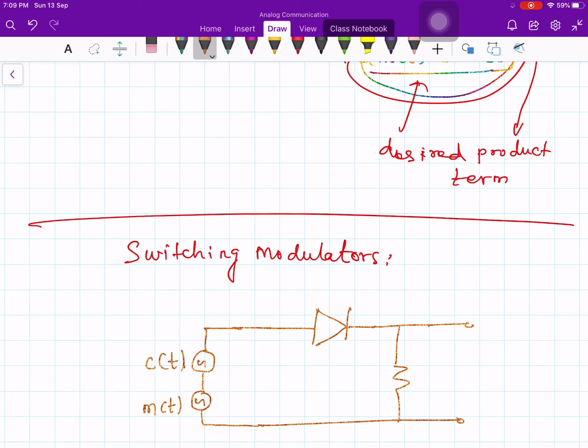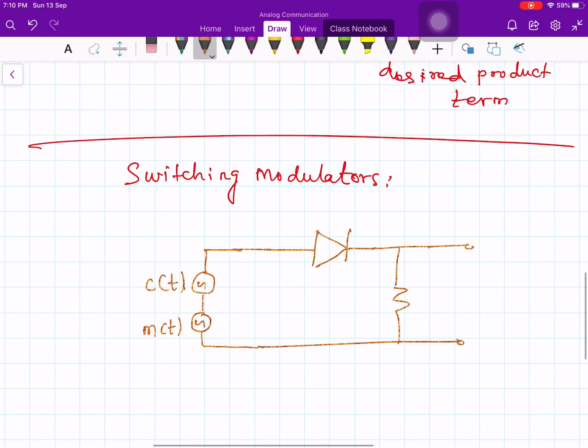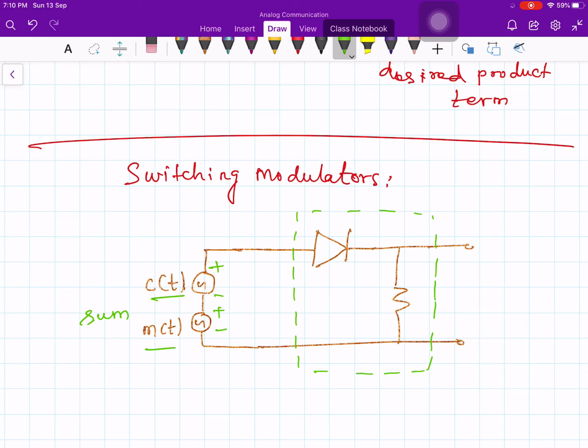At the input to this circuit, let me put a block diagram, a box like this. At the input to the circuit, we apply the sum of the carrier signal and the message signal, both added, which we want to multiply in fact. So whatever signals you want to multiply, you add them here, plus minus plus minus. Of course in AC there is no plus minus, just for the sake of clarity I put that. One of them is, let us say, the carrier signal and the other one is the message m of t.